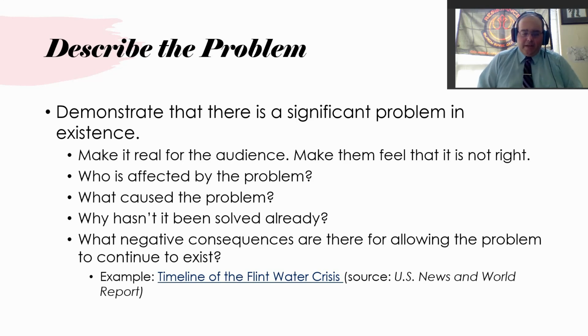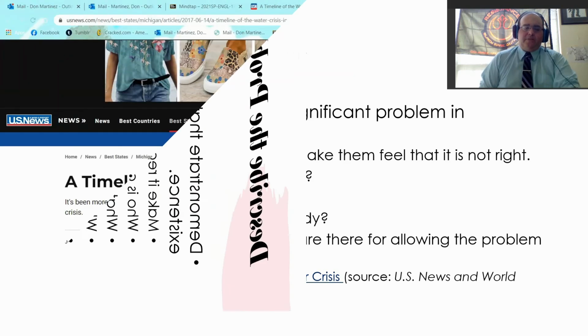And I thought as a good example of this, I would show a recent problem that needed creative proposals for solutions, and that was the Flint water crisis, which theoretically, technically is still ongoing. So you may know the basics of this. I'm actually going to start by giving you a timeline of it so that you know exactly what the problem is. So we're going to describe the problem here with this first article. Let me show it to you.